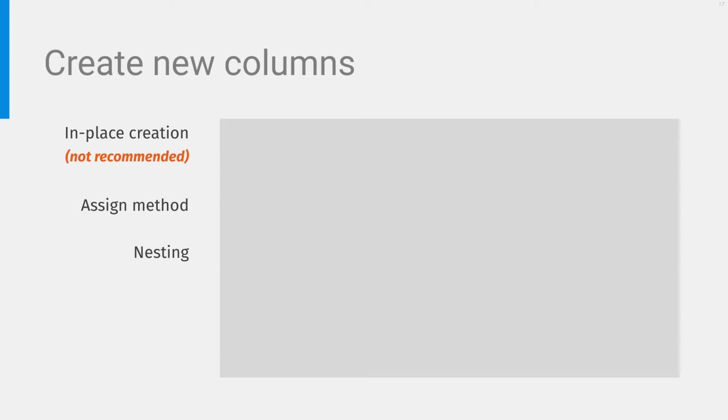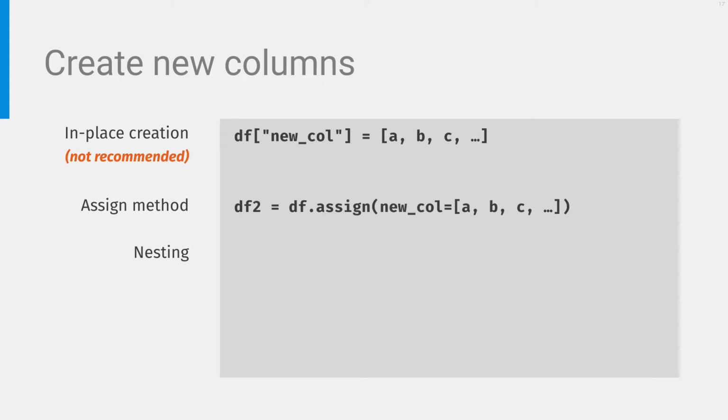Very often, you need to create new columns in a data frame based on existing information in the data frame. There are two ways to create new columns. Most Pandas tutorials will show you the first way, which creates a new column in place in the data frame. However, it is something I strongly do not recommend. What I'm advocating is a second way, that is using the assign function.